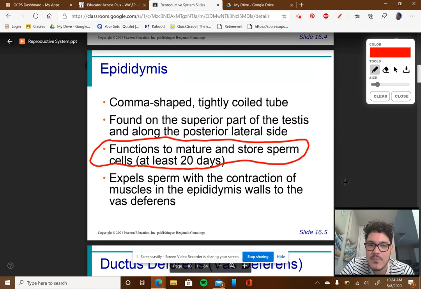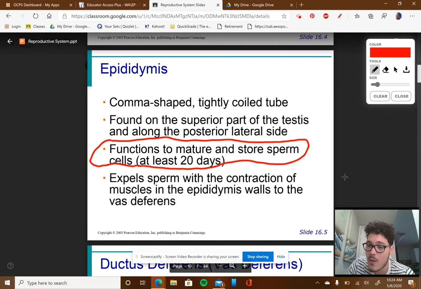It's right here. You want to mature and store sperm. So when the sperm are made in the seminiferous tubules, which are found in the testes, they are made as immature cells, as we call them. Those cells are not capable of reaching the ova and causing a fusion. It would never happen. Those cells have to stay where they're at in the epididymis, in this case, and become